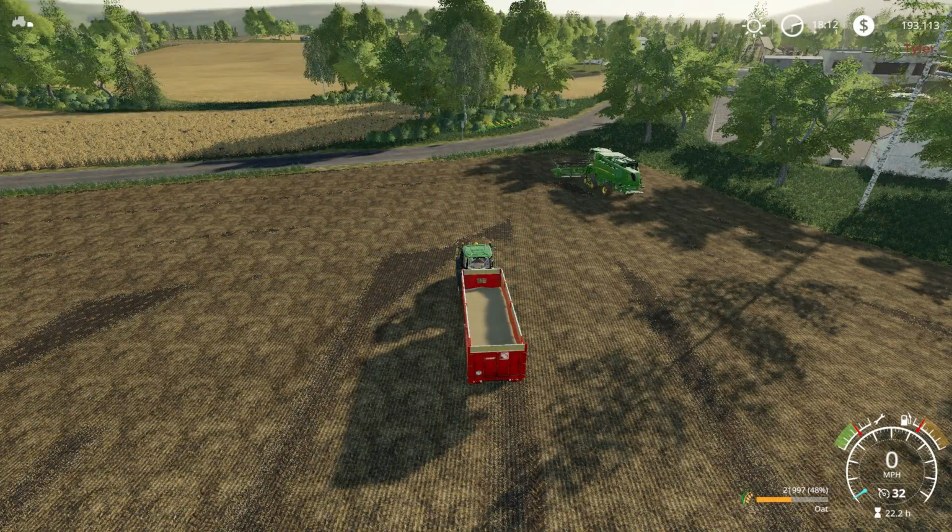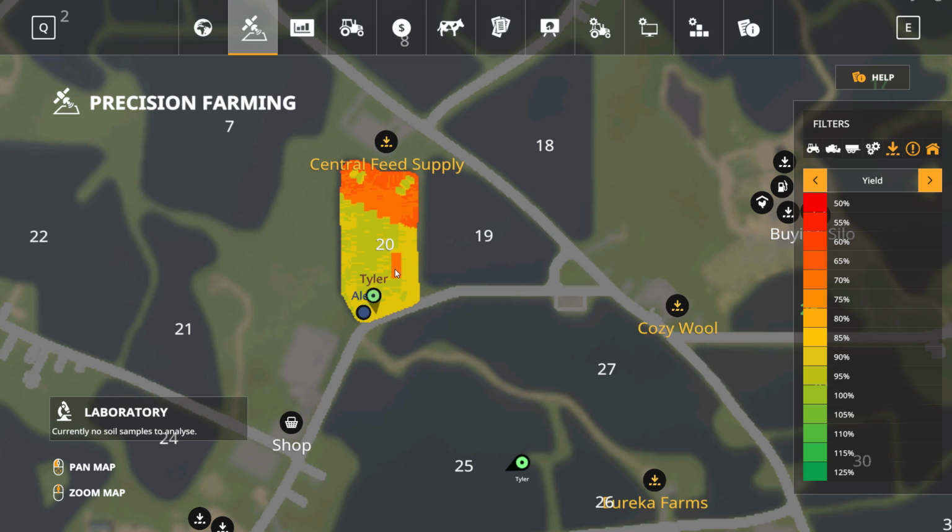Right, we finished the contract in field 20. We've got just short of 22,000 litres of oat in the trailer. And if we have a look at the yield map for field 20, as you can see, it's not particularly brilliant. A lot of the top quarter of the field is probably only